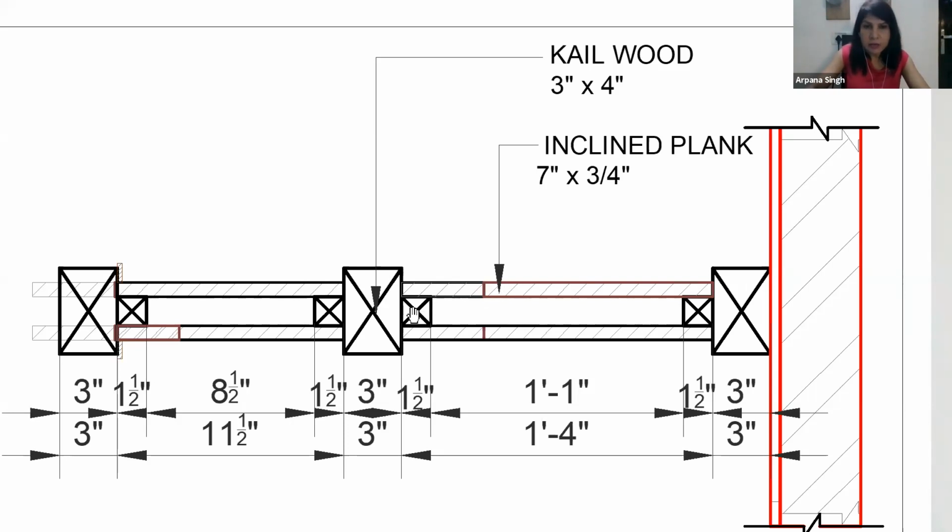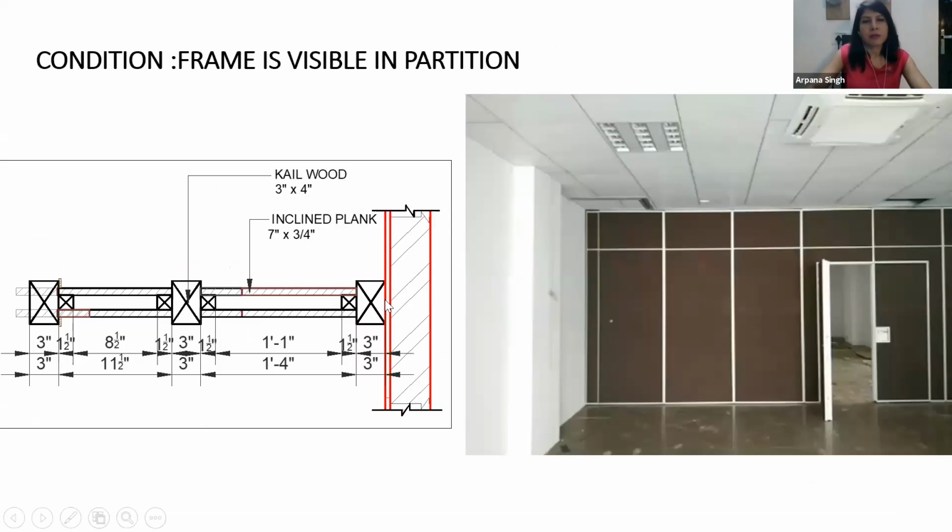So you have to create another frame inside. You have to add another small frame so that you can nail the board to this frame. I don't know if you're able to understand. The purpose is that the commercial board or laminated board, whichever board you're using, gets a surface to get fixed. So when this is exposed, how would you fix this? To fix this, you have to add another member in between so that you can fix the board to that. This is the detailing which has been done for this particular joint I have taken.